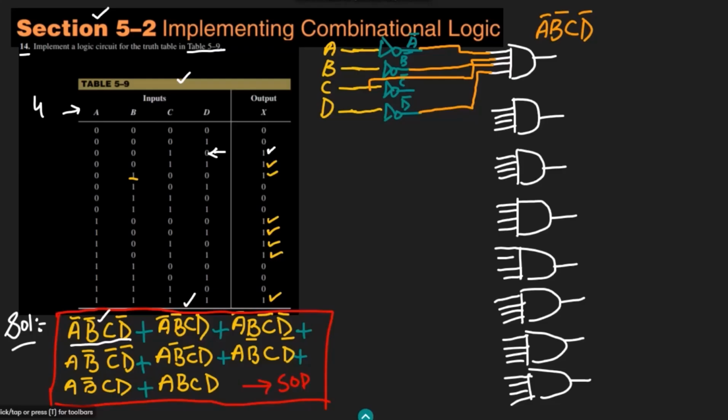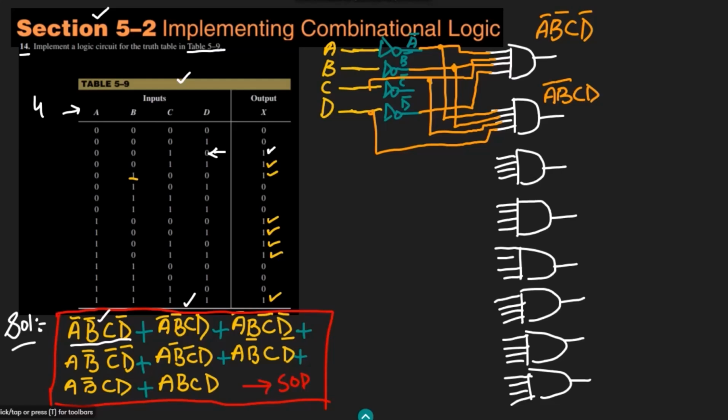To the second one I have to give A complement, B, C, D. So let me use them. A complement will be here, the B complement to the second one, and then CD. This is the CD, this one is C, while the D is also here. So what I will get here is A complement, B complement, CD, and this is the output of